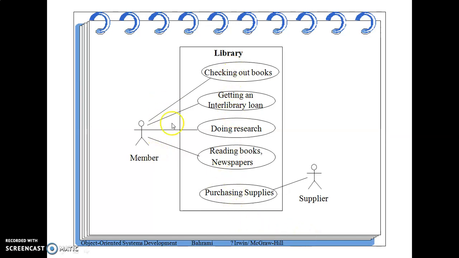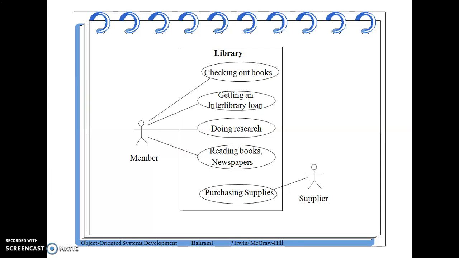First is member. What do you do? Check out the books, getting interlibrary loan. That means whatever books we are taking, doing research. Most of the students are sitting inside the library for research purposes. That means whatever reference books need to be collected for research, they need the reference books.